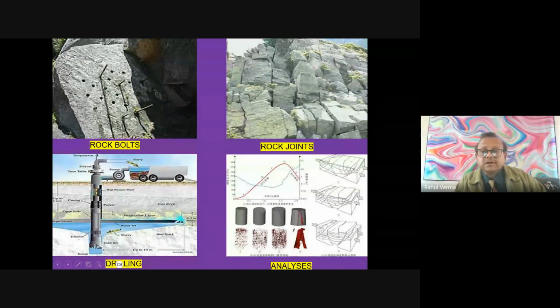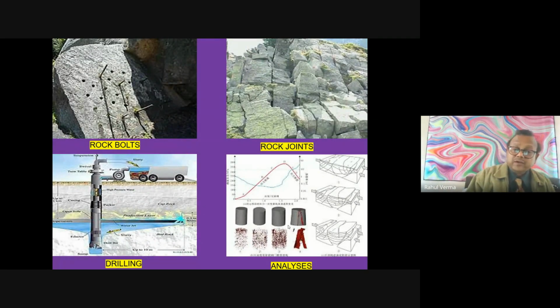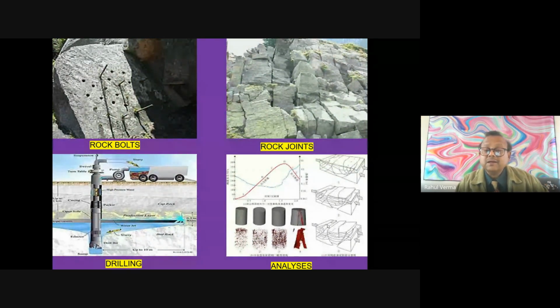Now here you see they are doing drilling, and this shows analysis. We get core samples from the drilling, and they analyze them in different machines for different parameters, like compressive strength. They keep on increasing pressure on the rock, and at some point the rock breaks. That is called compressive strength. In the same way, they keep on applying tension, and at some stage the rock breaks. That is called tensile strength. So we check the strength, and they are very useful parameters for further geological, engineering, and mining use.